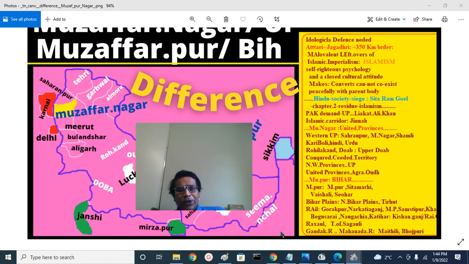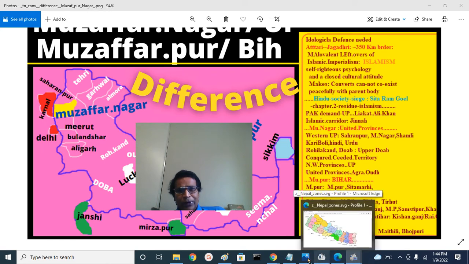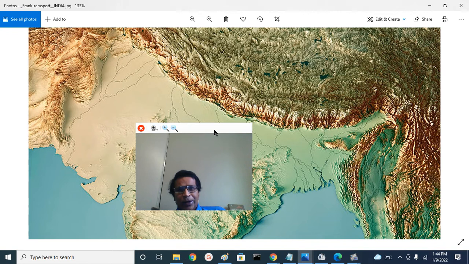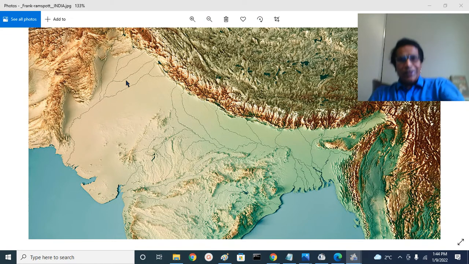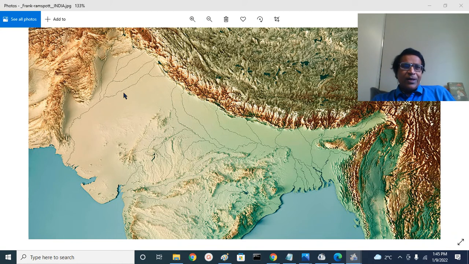There is a continuous Muslim population. We can see that. This is the great Indo-Gangetic plains, Assam Valley here, Peshawar, Potohar and Peshawar region here, Indo-Gangetic plains. Already the western part of this Indo-Gangetic plain, the Indus plains, were taken over by the Darul Islam, the Islamic swordsmen of Islam, Saiful Islam, during the partition time, and the eastern part is also taken by the Darul Islam, that is the East Bengal region.